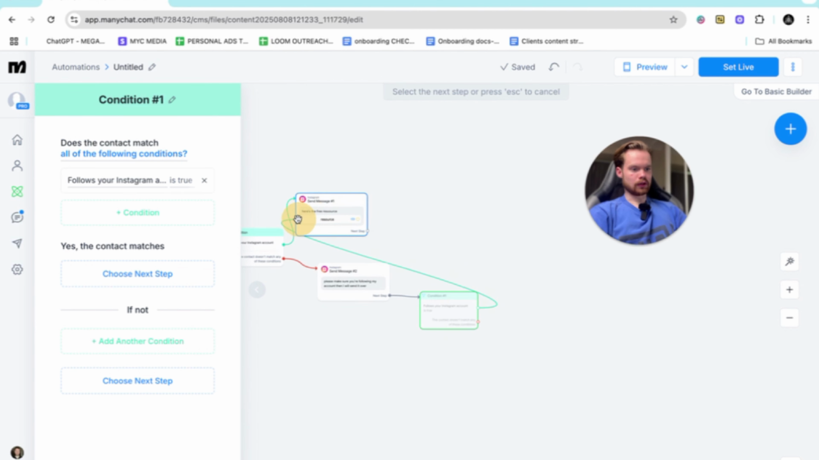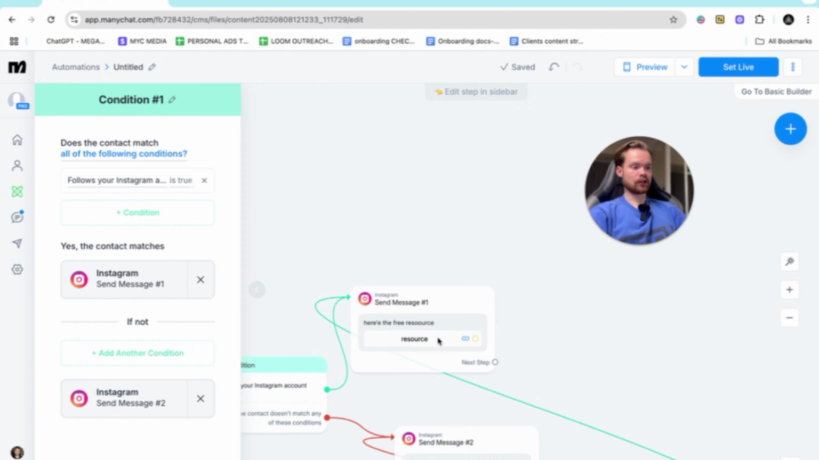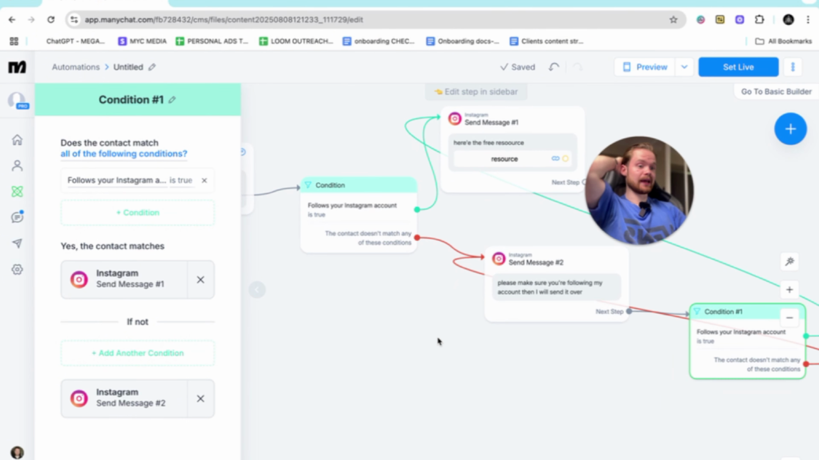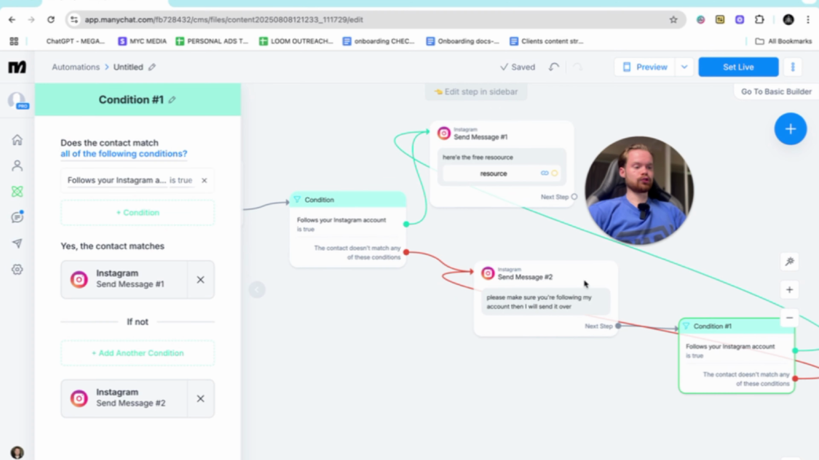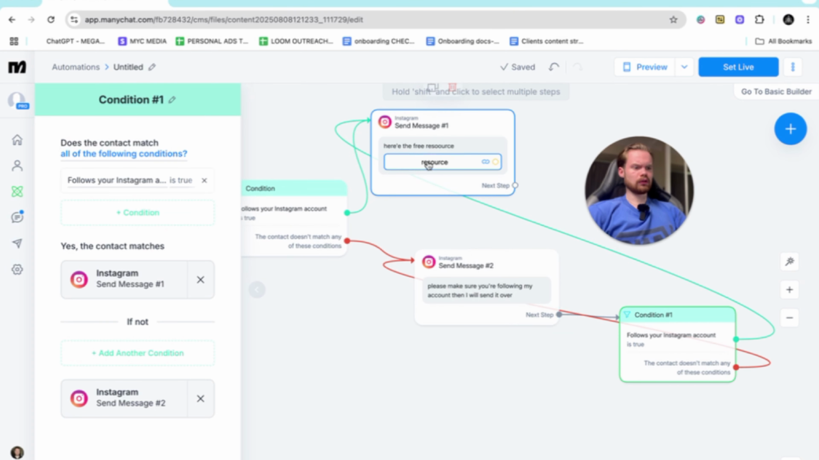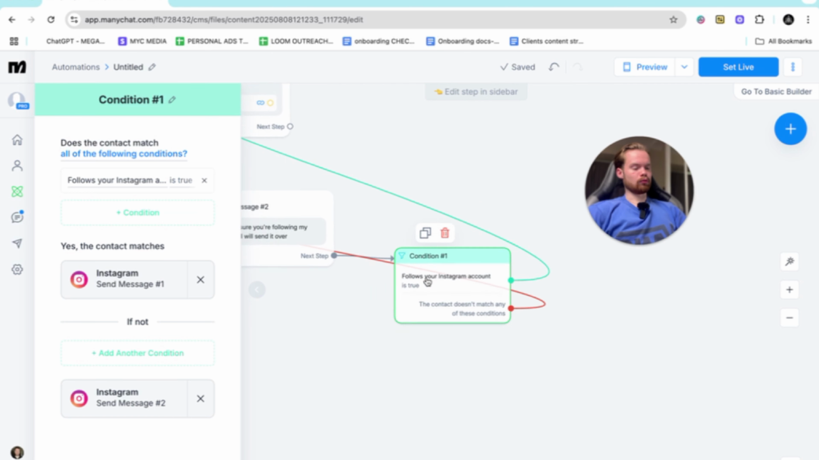So you can go like this, link it back here, and then if not, you can link it back here, and keep doing that over and over again. This is going to make sure they follow you before they actually get the free resource. So for example, if they don't follow you, they will get that message. If they follow you, here's the free resource. If they don't, please make sure you're following my account, then I will send it over, and then boom,